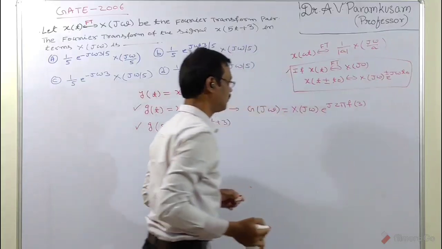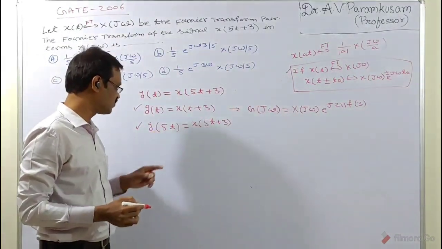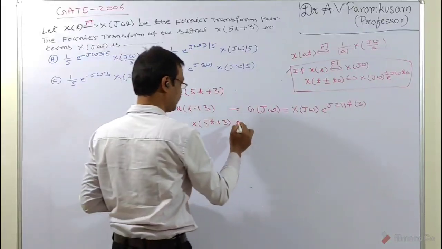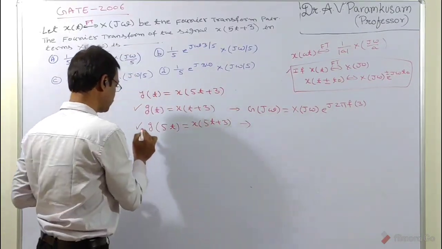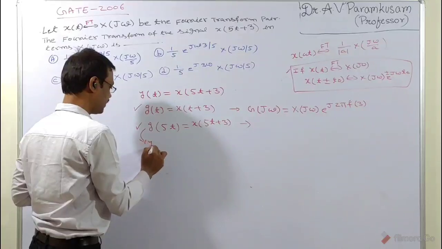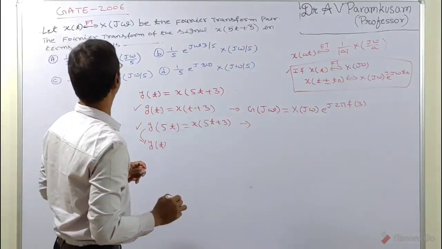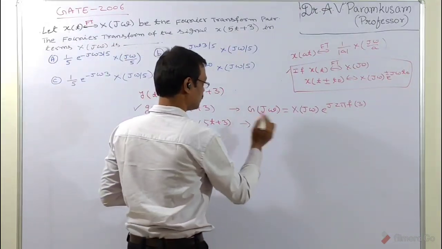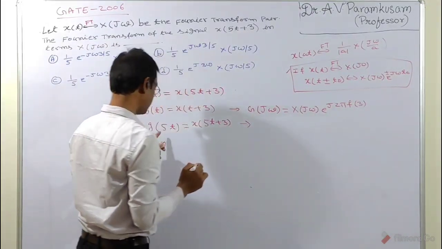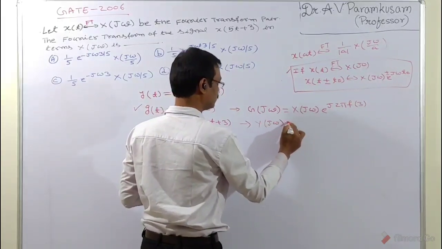X of j omega by a. So according to that expression, the Fourier transform of g of at is given by... What is g of at? Actually this is y of t. That is, y of t is equal to x of t plus 3, suppose. Then the Fourier transform y of j omega is equal to